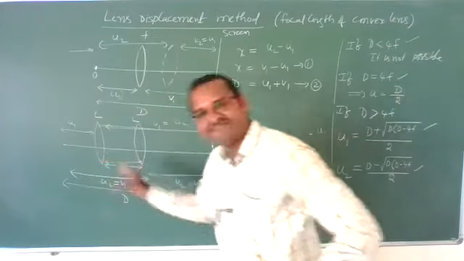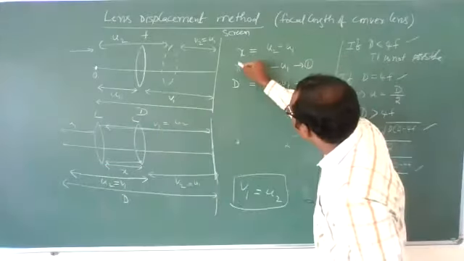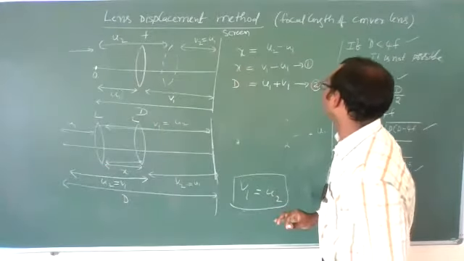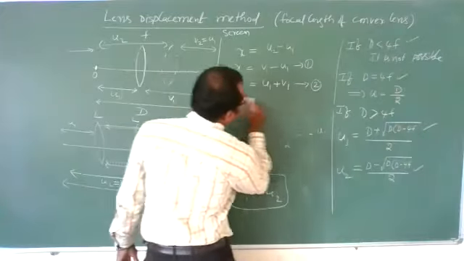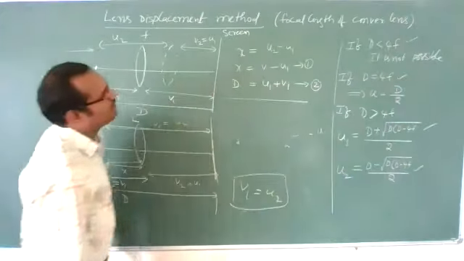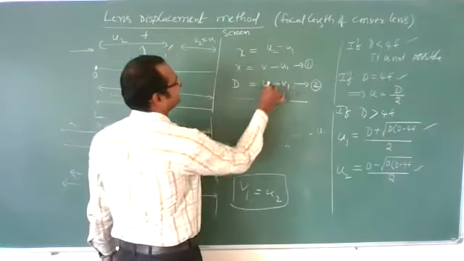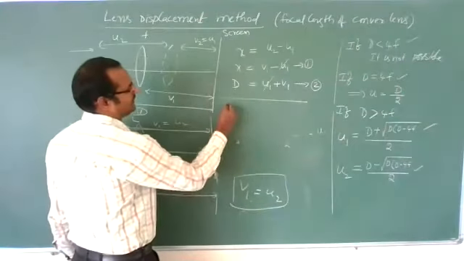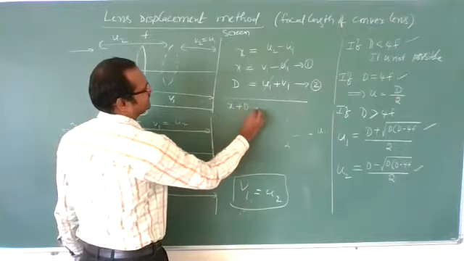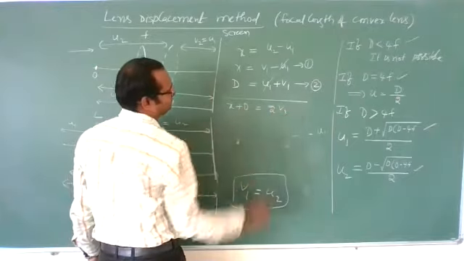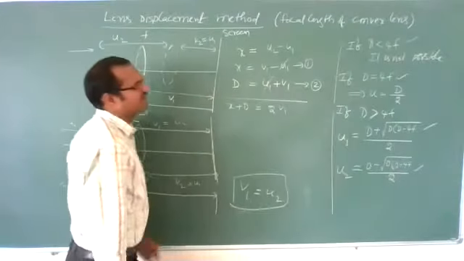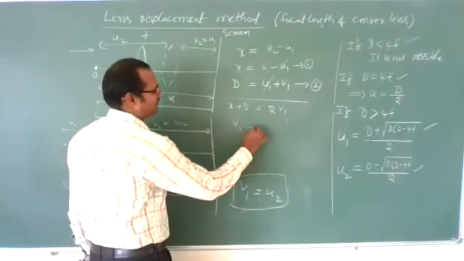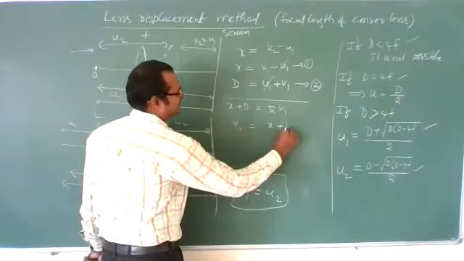And this capital D is a fixed value. These two are known, x and D are known. Okay? Clear? Yes. Now what can we do? Just add them. We get x plus D is equal to what? 2 times v1. Correct? X plus D is equal to 2 times v1. Then what is v1? X plus D by 2.